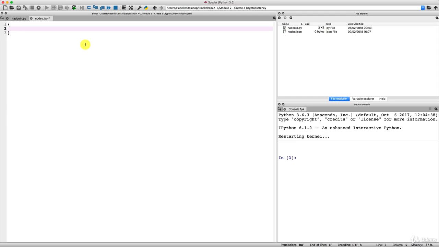So now the question is, what keys do we have for our nodes JSON file? Well, remember there is only one key, which is the nodes key. And remember that is the key that contains the addresses of all the nodes we should have in the network. So that's the key, and now colon, and here we enter the value of this key. And the value, as we just said, is the list of the different addresses of the nodes we want to